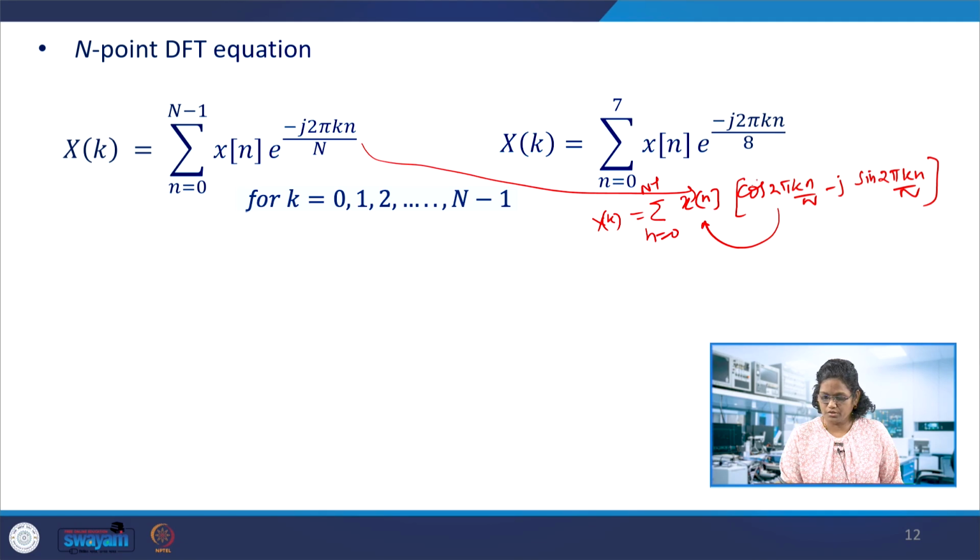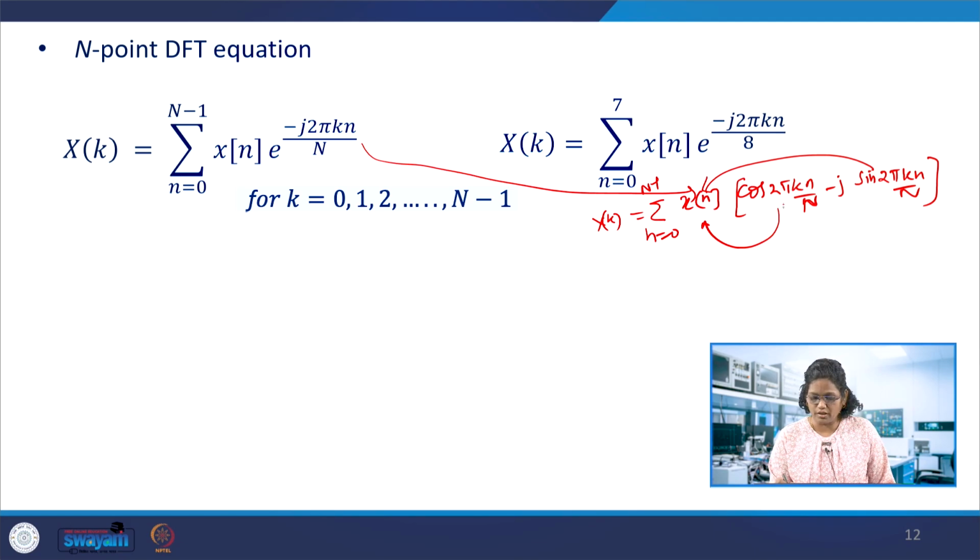So, the fundamental cosine signal for the value n equal to 8, whatever we are doing, an N-point DFT, 8 or 9, DFT can take even odd numbers. So, we take the cosine signal cos of 2 pi k n by N and correlate it with this. If there is similarity between these two, there will be a higher correlation coefficient. Similarly, we correlate the sine with x of n. If both have similarity, then this summation would result in a value.